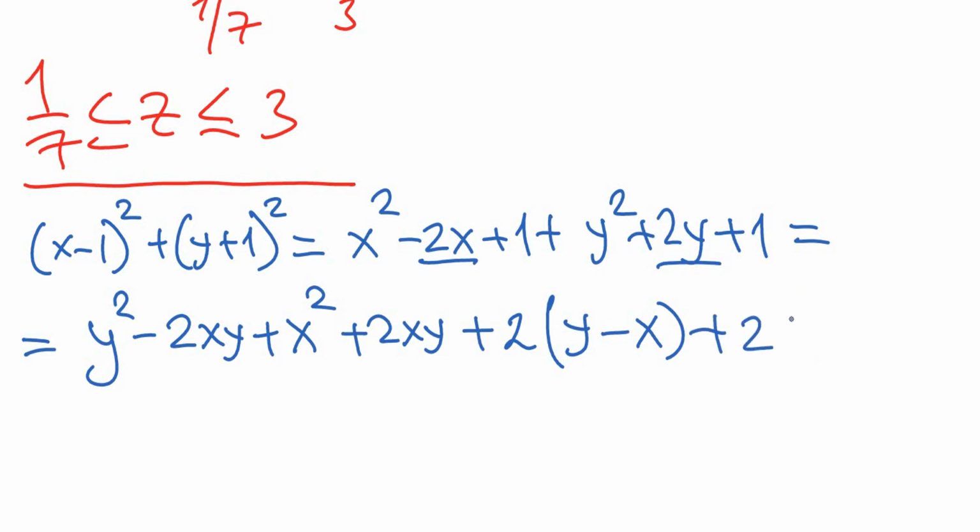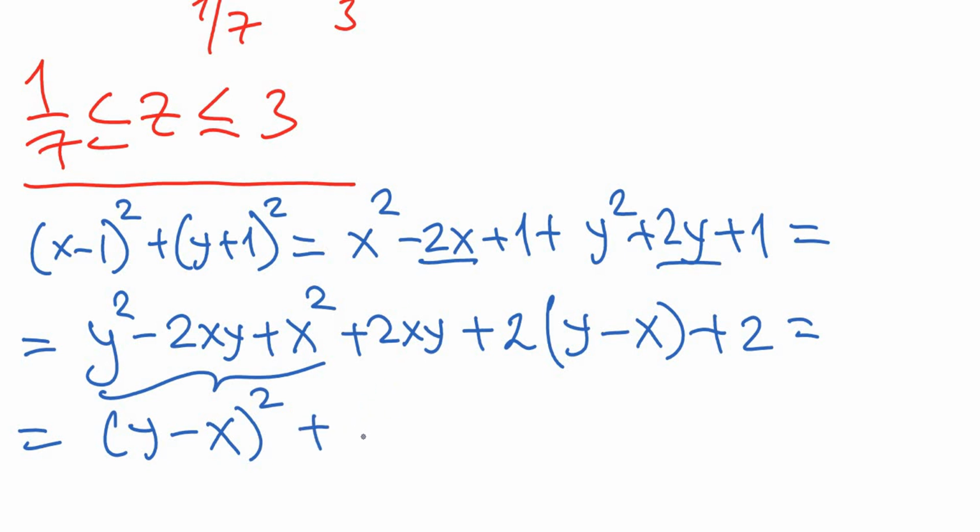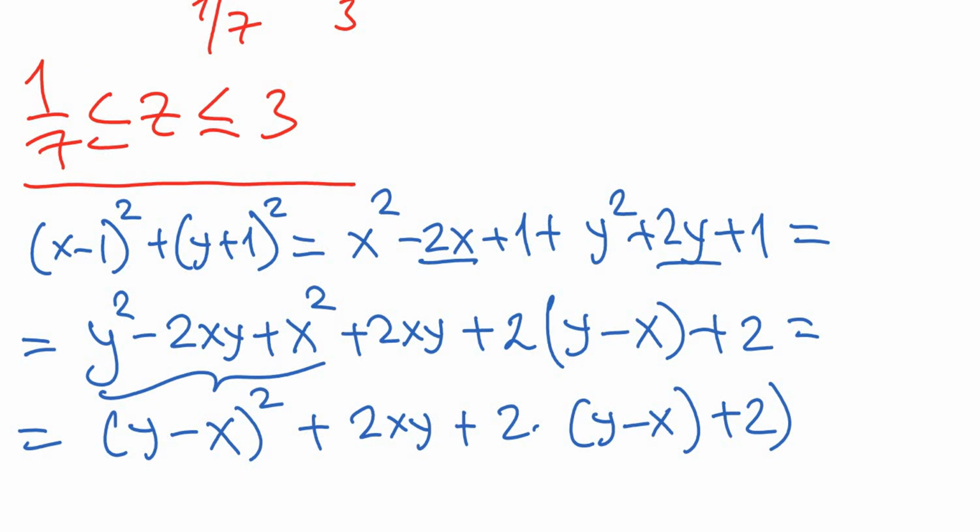And as you can see, this is equivalent to, so this one is a perfect square, (y minus x) to the power of 2 plus 2xy plus 2 times (y minus x) plus 2. But as you remember, we already said that y minus x is equal to z minus 1 and